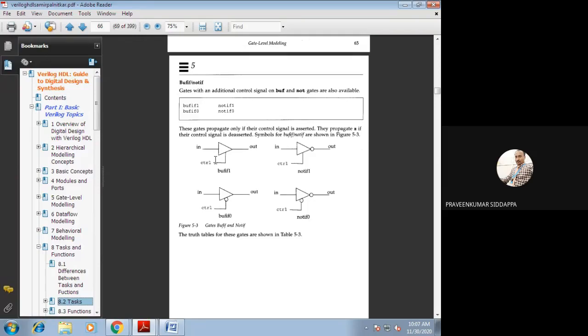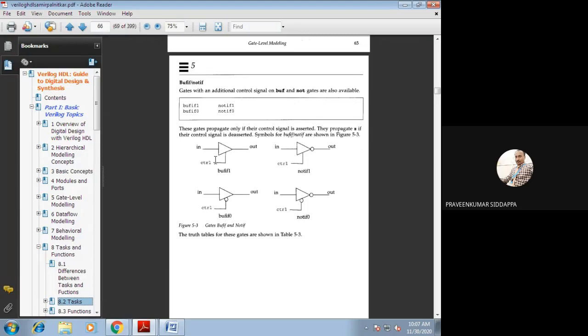Is it clear? Okay, so these are the gates with an additional control signal. Yes, take it here, some additional control signal is there. Whenever that control signal is turned on, at that time whatever input you have applied at the input side, we will get at the output side. That is why they are called bufif and notif.